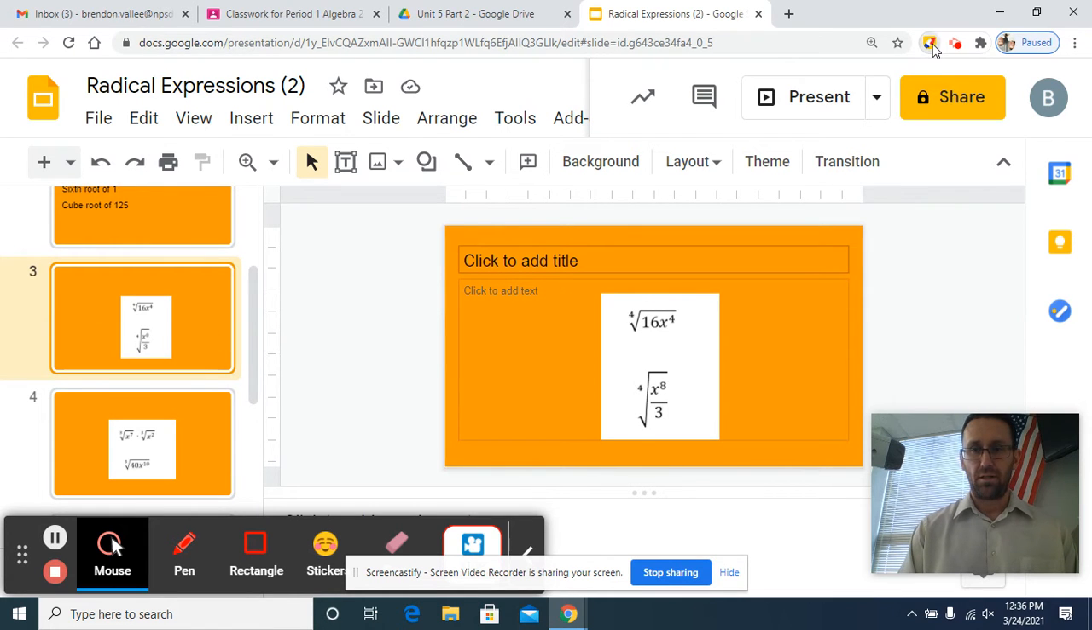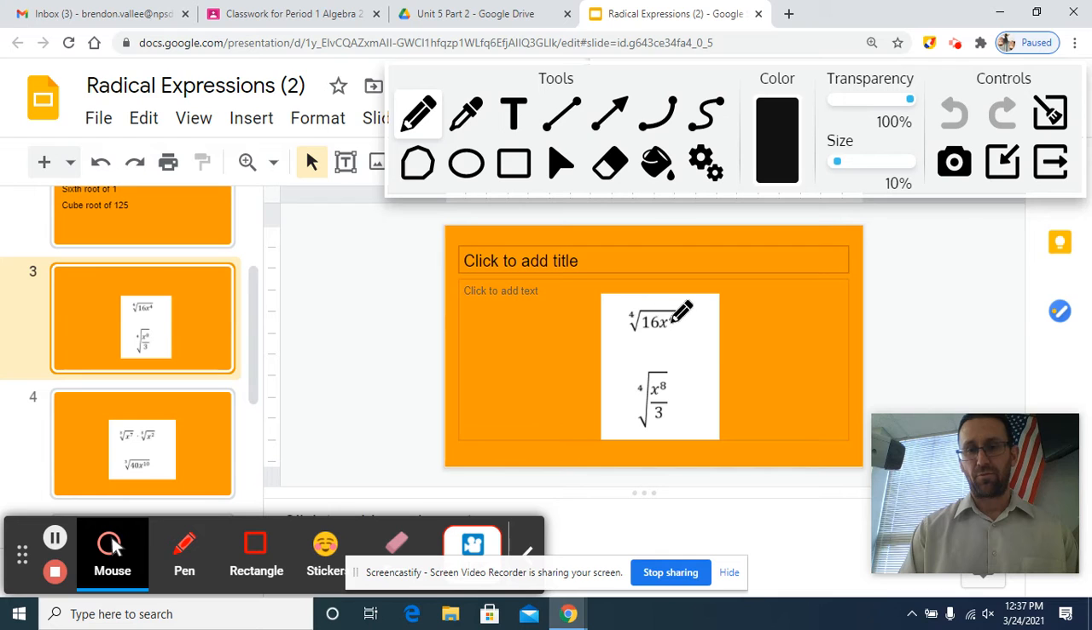For this problem here, last time we talked about the fourth root of 16. What times itself 4 times is 16? It's 2. And what times itself 4 times is x to the fourth? It's x. And we also talked about not being able to have a radical in the denominator. So here we have the fourth root of 3 in the denominator. Can't have that. So what you got to do is multiply the top and bottom by the fourth root of